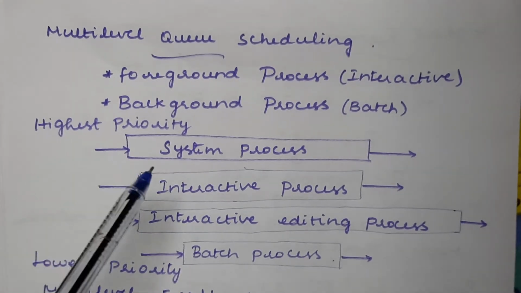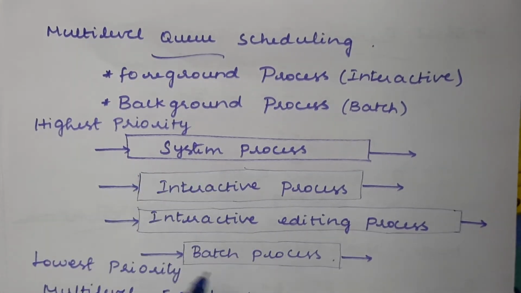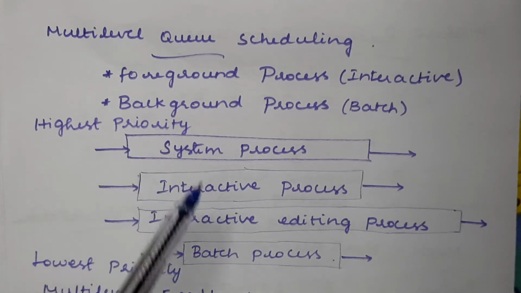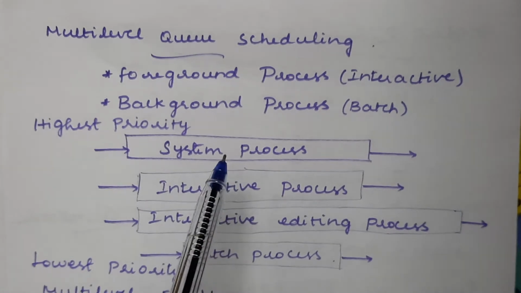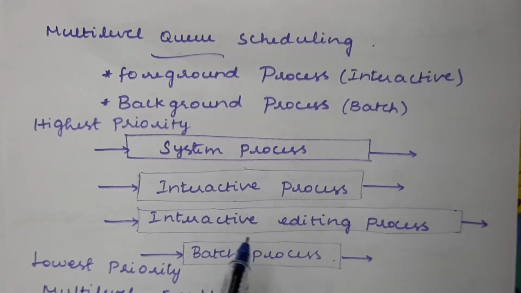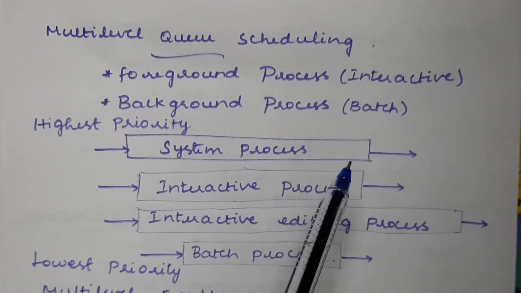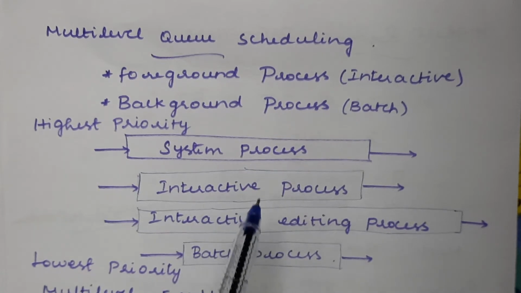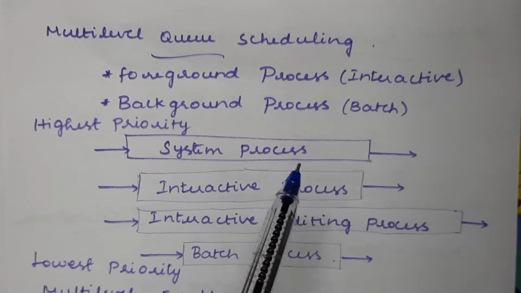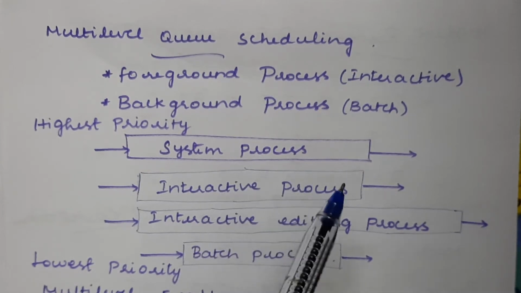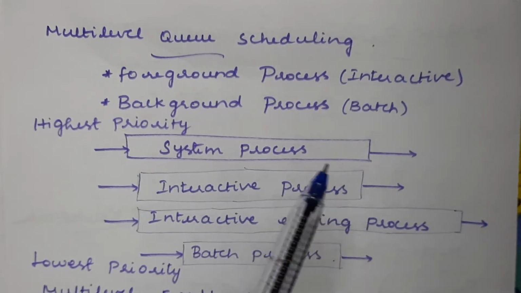So as you see, these are the different levels, the system processes and so on. For each and every type of process, we maintain separately a level of queue in the ready queue, right? So in the ready queue itself, each and every column or row represents one separate queue.